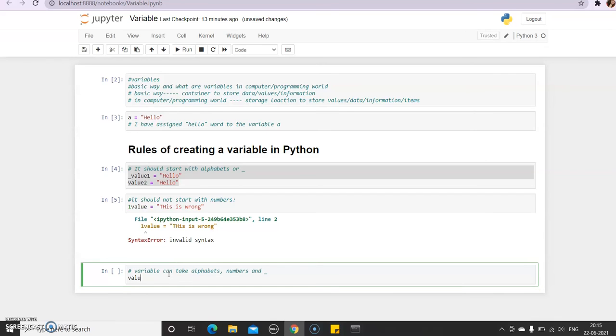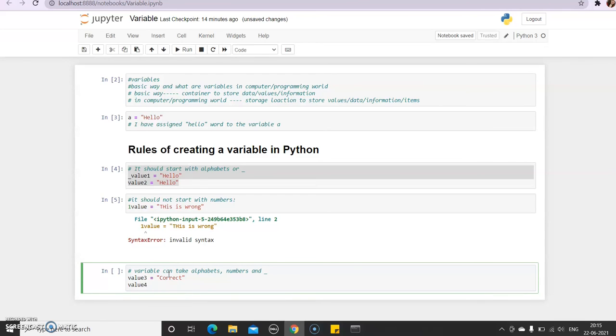So I will write here value3 is equal to, correct, and value4 hyphen 1 is equal to, this is wrong.